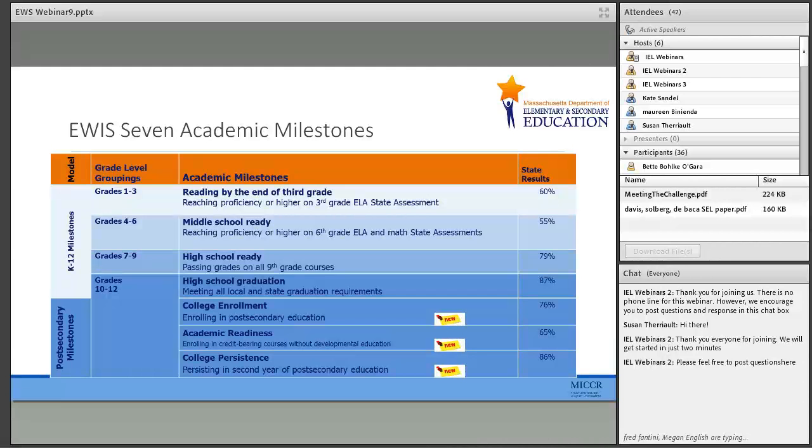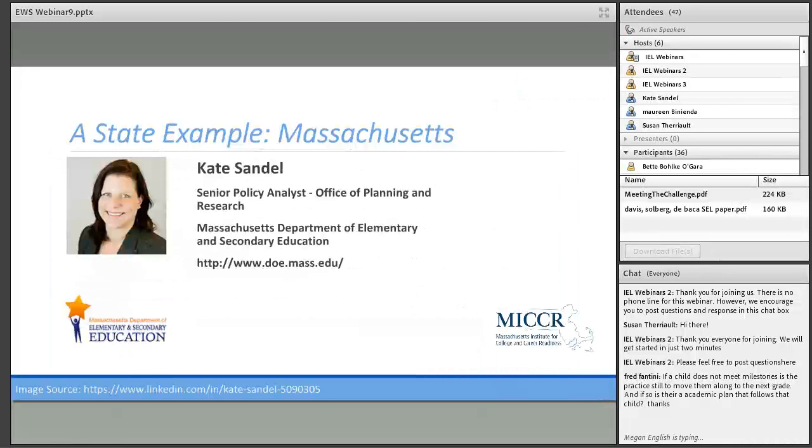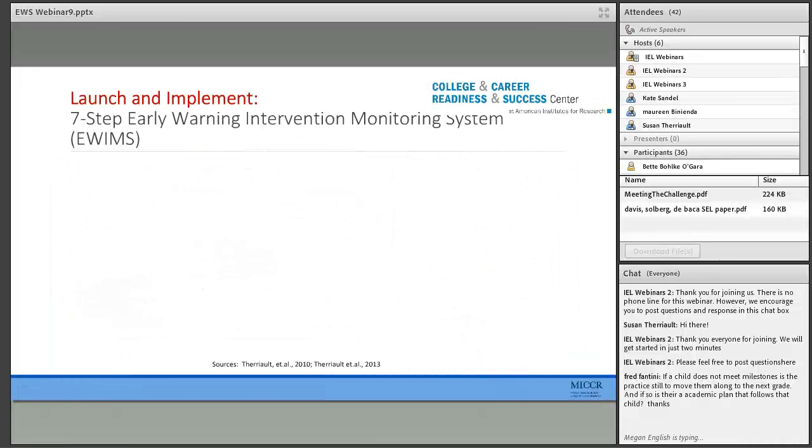Susan, I think you also were talking about the cutoff scores for the monitoring thresholds. Yeah. So the cutoff scores, there's a little confusion there. So in this instance, proficiency or higher on ELA MCAS, mathematics, is the outcome. But there are other types of indicators, for example, attendance, that you can use a binary type of, yes, we call it a cutoff threshold. So kids who miss, based on Consortium for Chicago School Research,